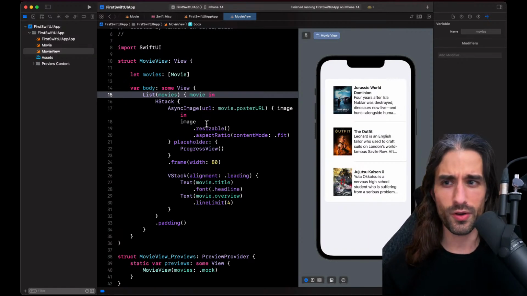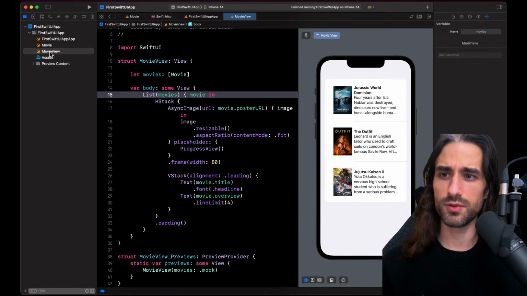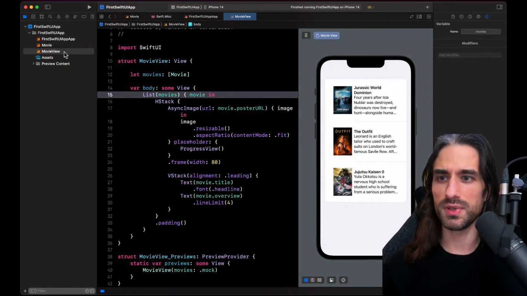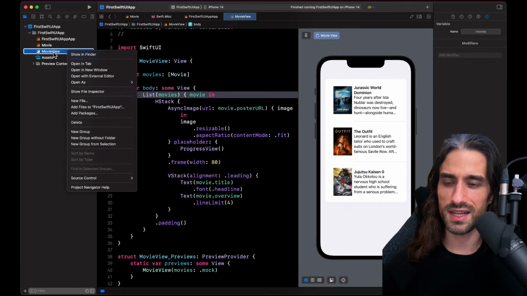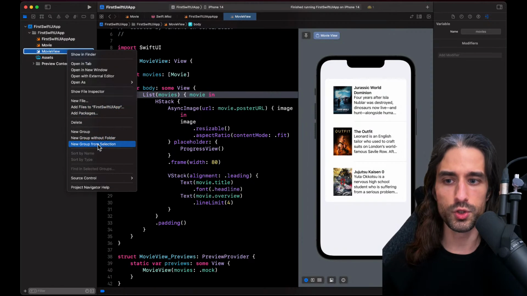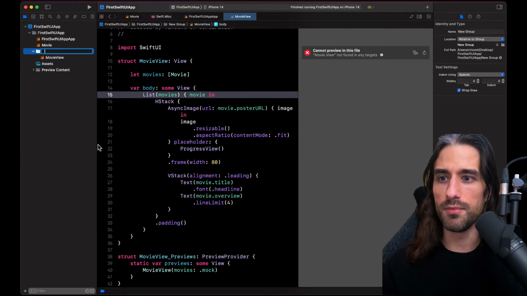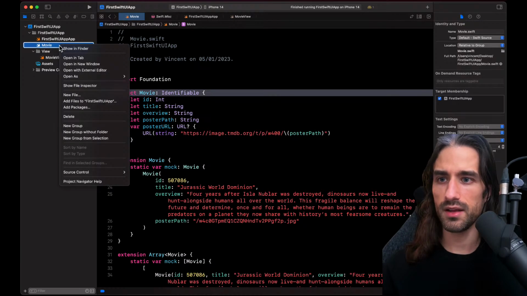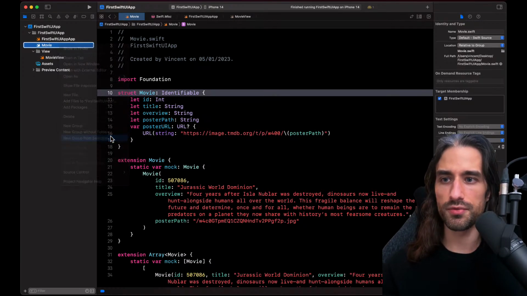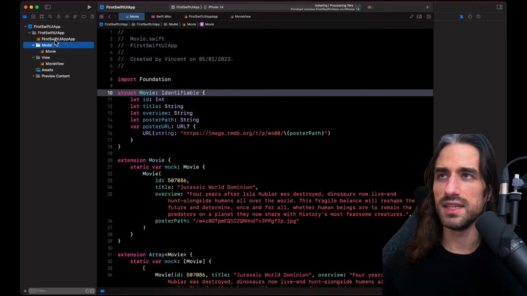So before I do, we're going to add a bit more structure here because as I keep adding files, it's going to look like a mess. So let's put things in folders. To do that, you right click over a file and you say new group from selection. For instance, I'm going to put movie view in a folder called view. I will have all the views there. Movie I will put in a folder called model, and I will have all my models in that folder.